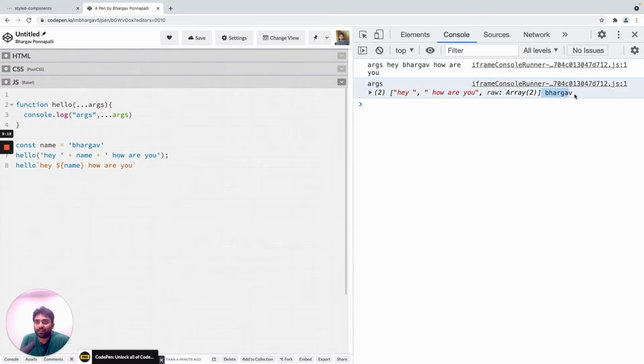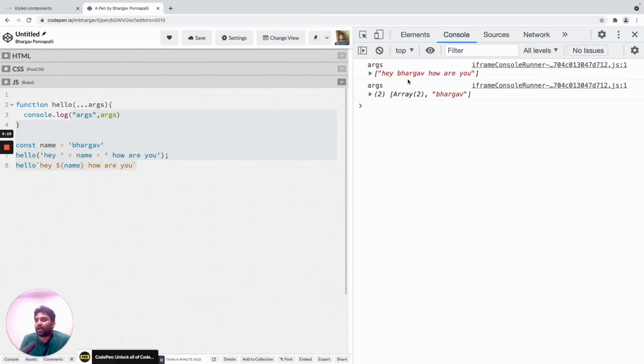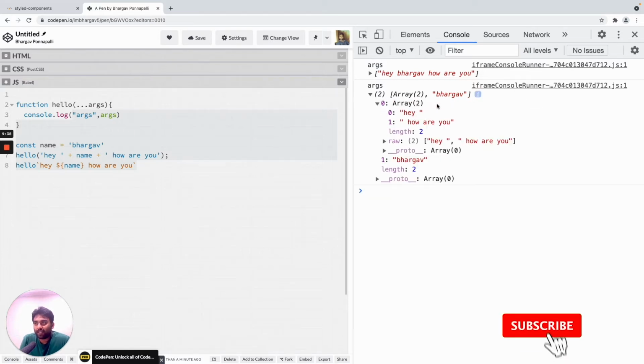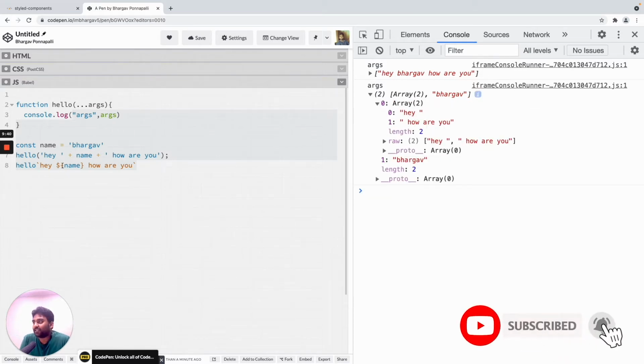And Bhargav is actually sent separately. So actually, let's print just args. This might be more useful. So args is an array, and in the first case also args is an array, and the array has only one value. In the second case, it's an array, but the first value in the array is also an array, and it has hey and how are you. So basically, both the string parts and name are sent separately.